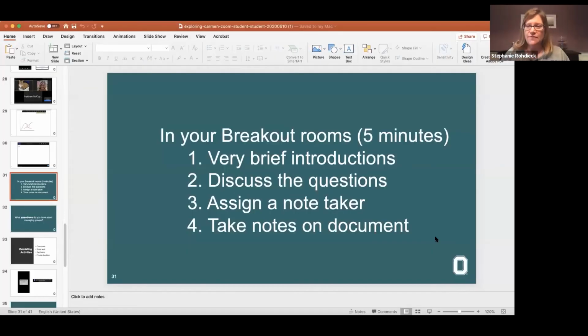And I'm using Office 365 because that is the university sponsored system. I always hear a lot of people say, well, can I just use a Google Doc? And technically I need to say, you really shouldn't use a Google Doc. You probably should use something in the suite of university supported things. Plus then we know it's secure. But this is the same process, right? You could do a Box Note instead if you wanted to.